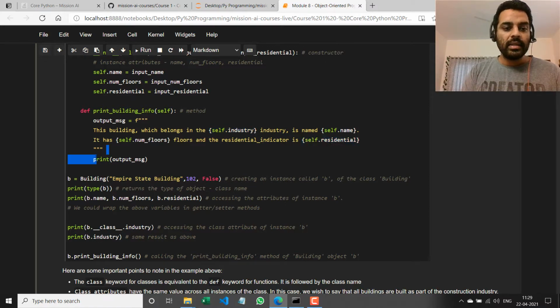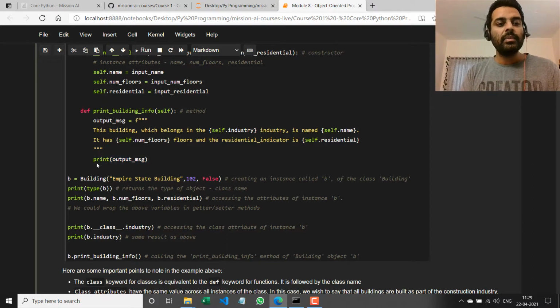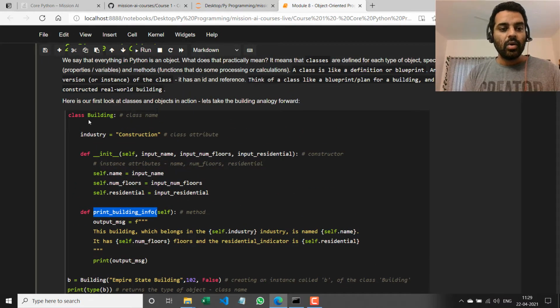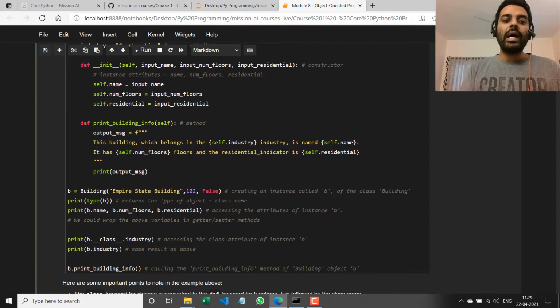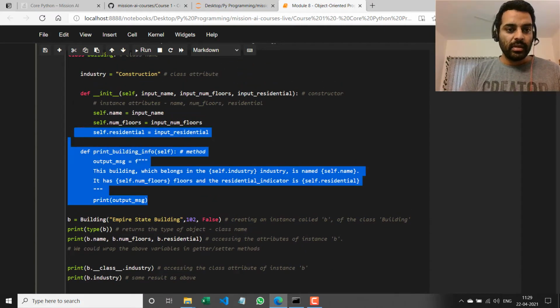And then we print the output message, right? This output message that we just constructed, we print it out. So that's what the print building info method of the building class does. Okay. So I have, let's say, from here to here,